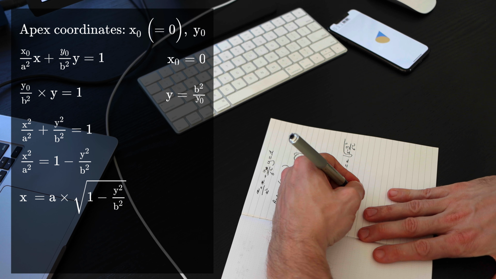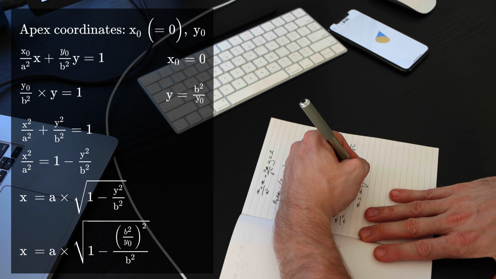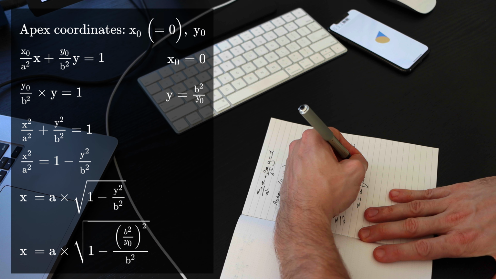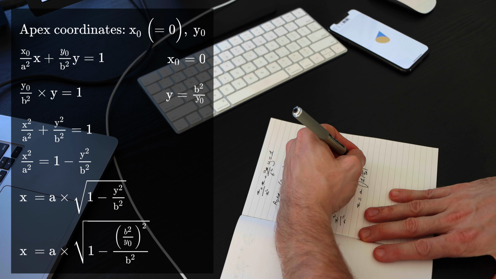So that gives us 1 minus b square divided by y0 square